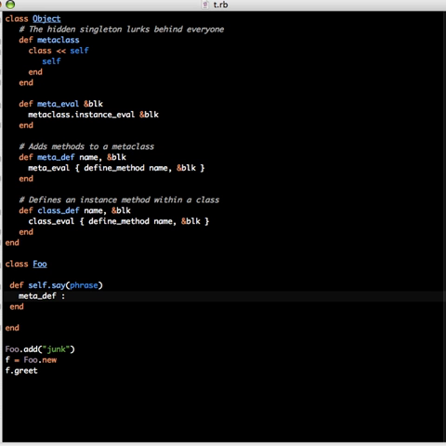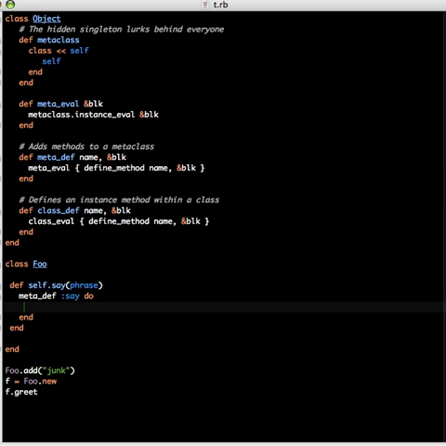I'm passing in a symbol and then a block. The block will consist of the instructions which will become the body of that particular method, say. In this case, it just returns the same phrase. It doesn't do much. Okay, now we have defined a class method, say, in foo, which takes a phrase and then it just returns the phrase. It's a very simple method,